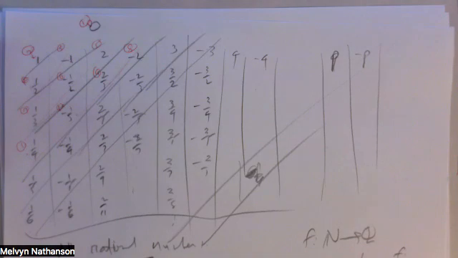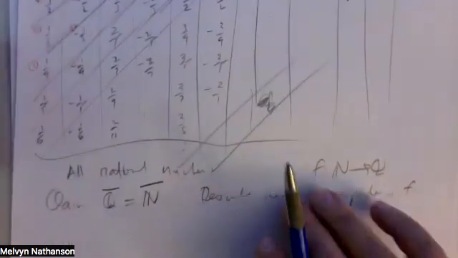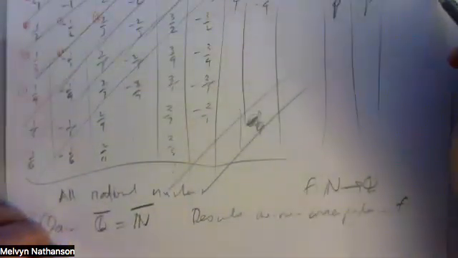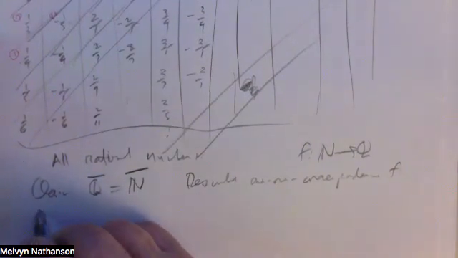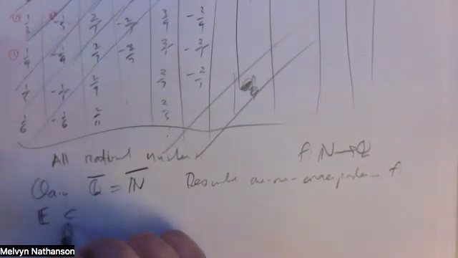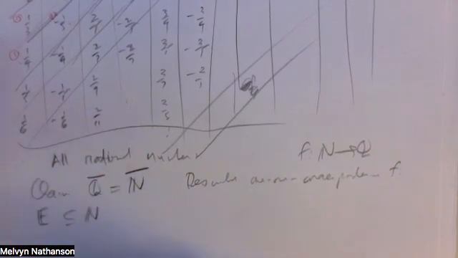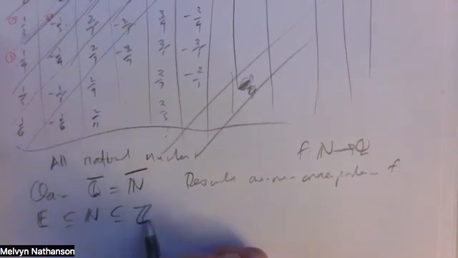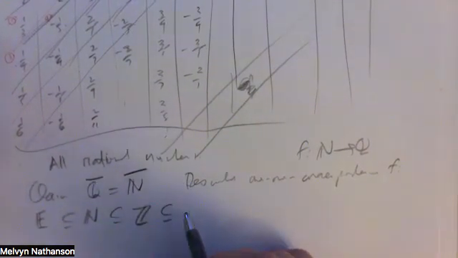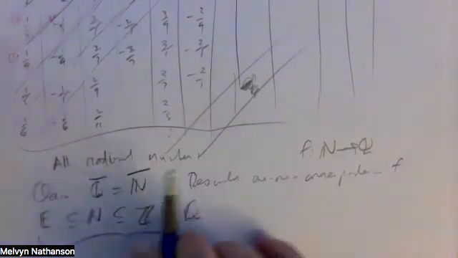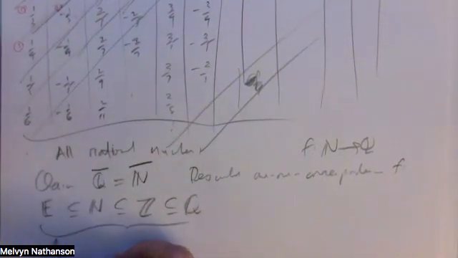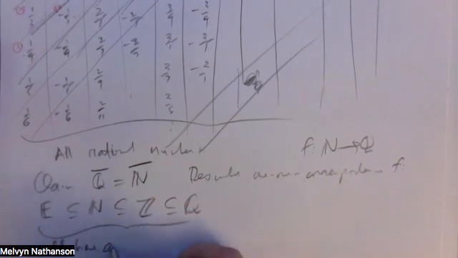So this is a one-to-one correspondence between the rational numbers and the positive integers. And so we have these sets with a number of elements. We have the even integers. They're contained in the positive integers. They're contained in the set of all the integers. They're contained in the set of rationals. And these four all have cardinality